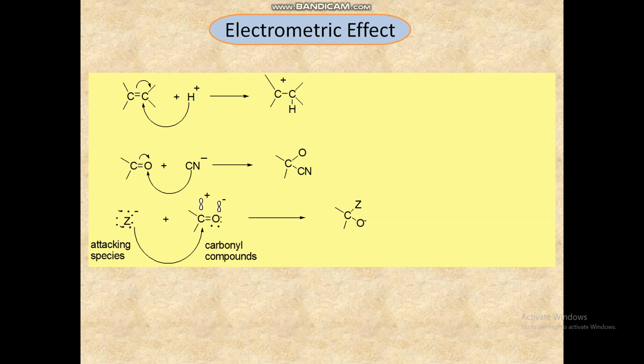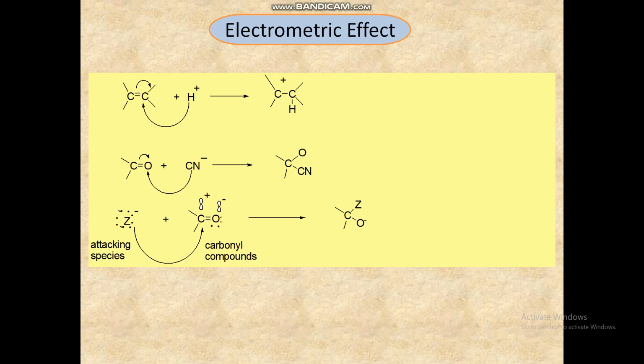So the hydrogen is attacking the carbonyl compound, the pi bond is broken, and we are getting the positive effect, where the pi electrons of the multiple bond get transferred to the atom the reagent attacks. That is the second one, the negative effect, where the pi electrons of the multiple bond get transferred to the atom to which the reagent does not get attached.